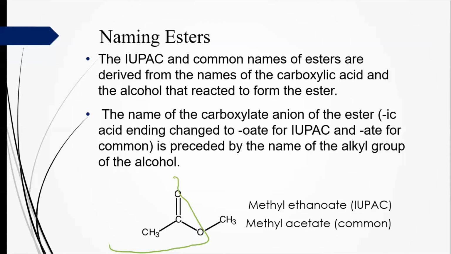Everything on the side with the oxygens, however many carbons that is, that's going to be our carboxylic side. And so we name the chain, and then we add in this -oate at the end. The other part, we just say what's attached. So in this case, it's 1, so it's methyl. So that ester becomes methyl ethanoate